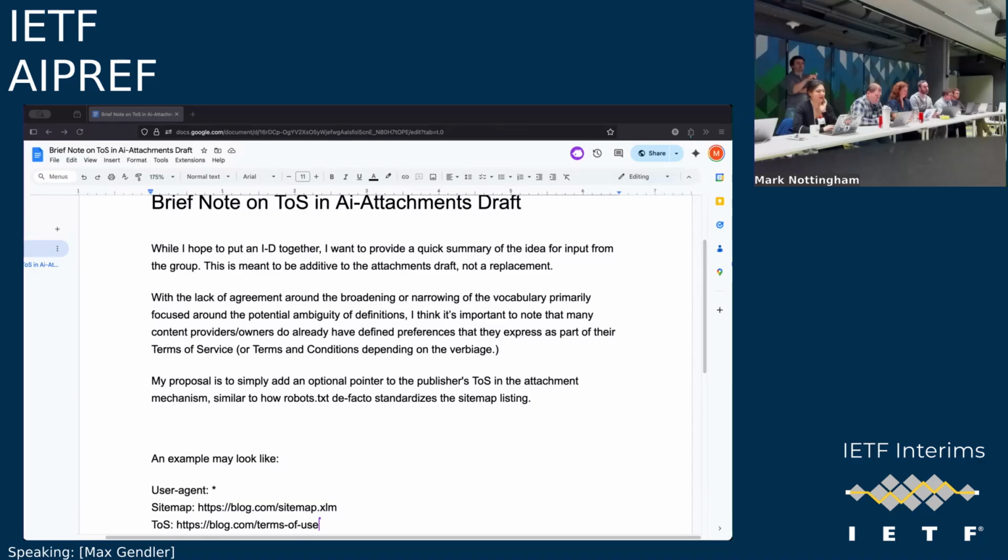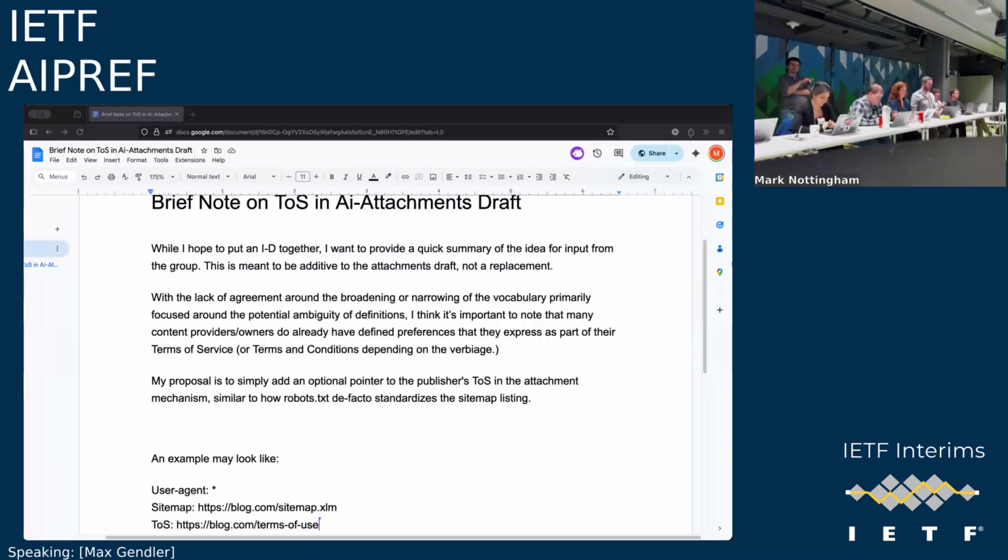And so at least it's able to say, hey, here's what's in the attachments draft or in the updated robots.txt. But there's some other stuff that goes on as well, and here's a reference. Again, I think there are both legal questions and standards questions here, but from a standards perspective, I'm not looking for terms of service to be standardized. I don't think that can be, but I think just having that information available, and more clearly available, is useful.